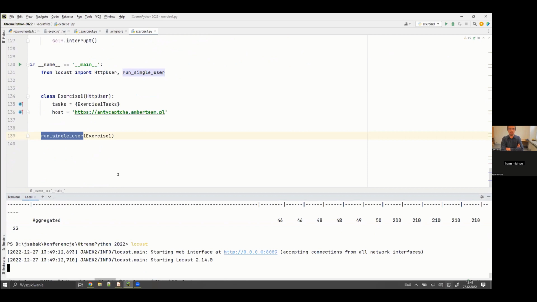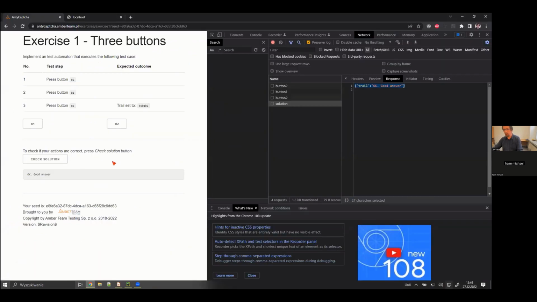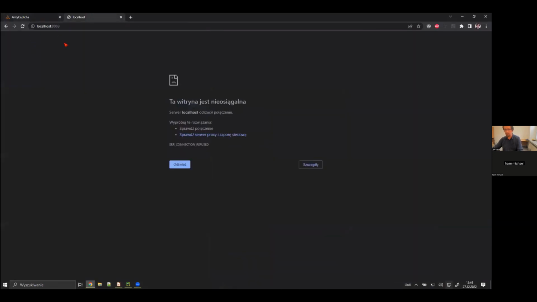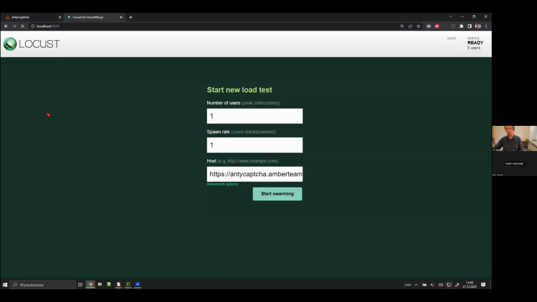Yeah, and the Locust command started the Locust web server on port 8089. So let me check if anything listens. Yeah, so I have localhost. Okay, so Locust is running, and now in this GUI,